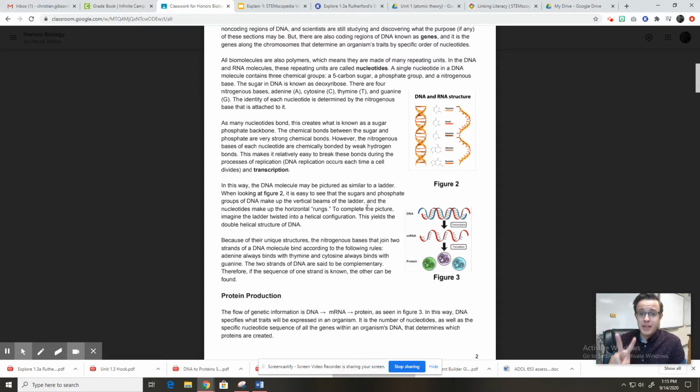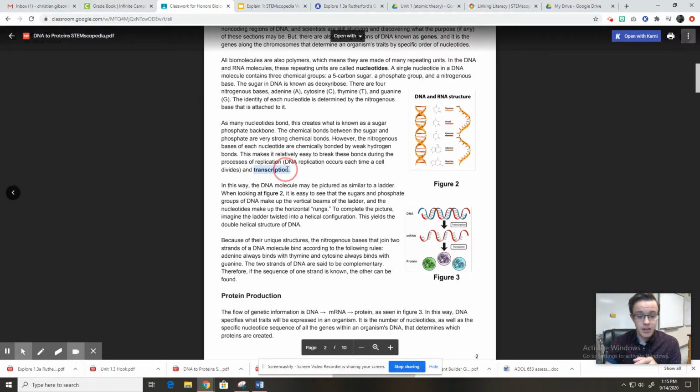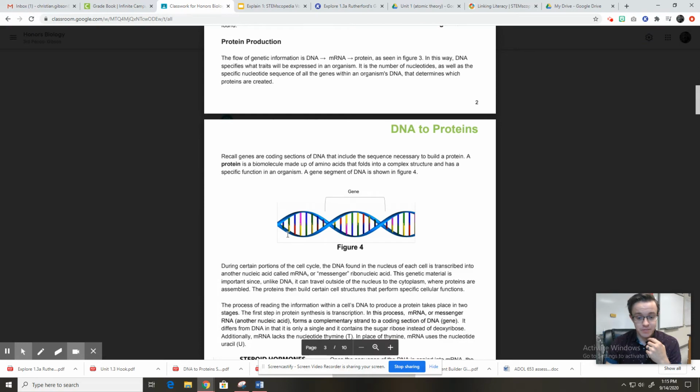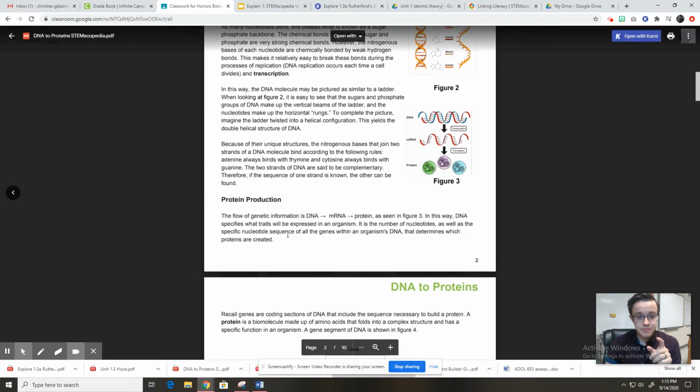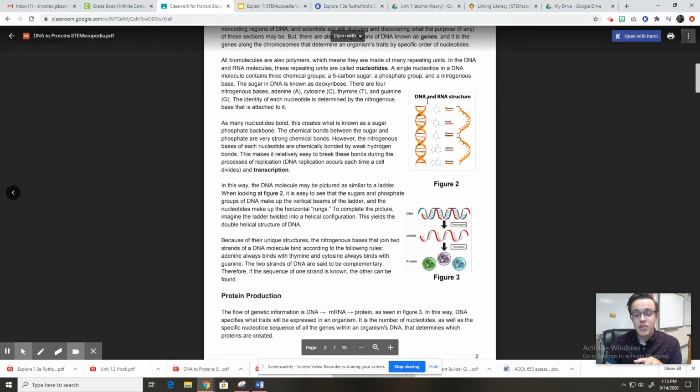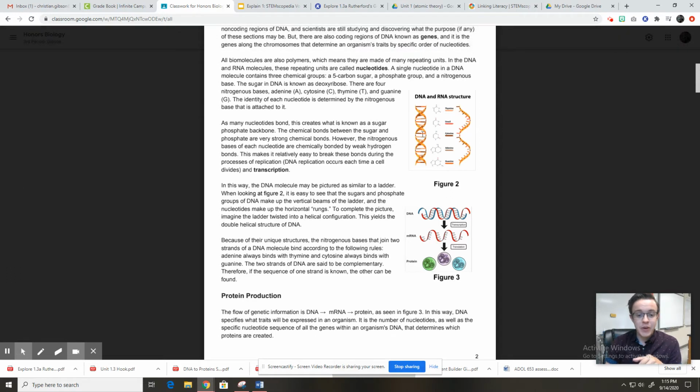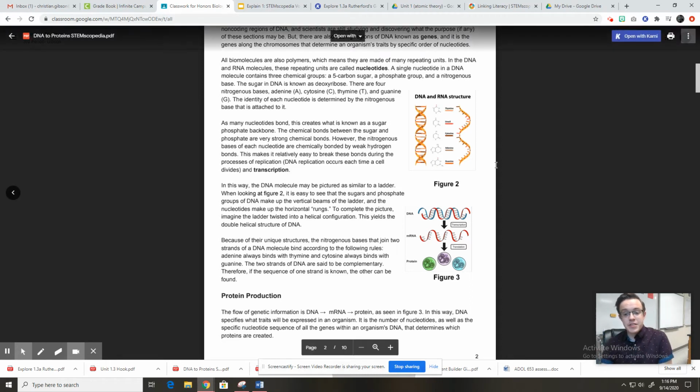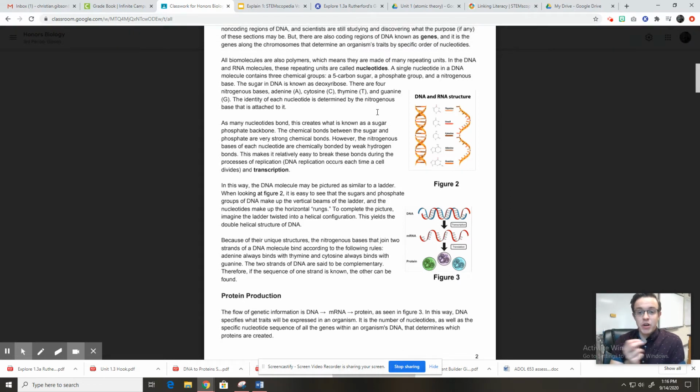Well, two main steps have to happen. And those two steps are transcription and translation. Okay, so let's say we need to make hemoglobin. Let's just use that as an example. There's a specific gene in your DNA that has the instructions for how to make it. An enzyme will go in and copy down that gene, the instructions for how to make hemoglobin,